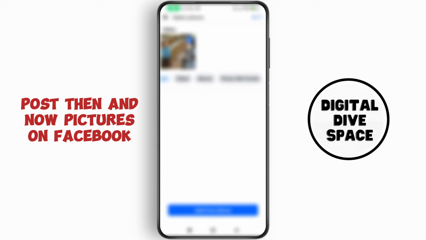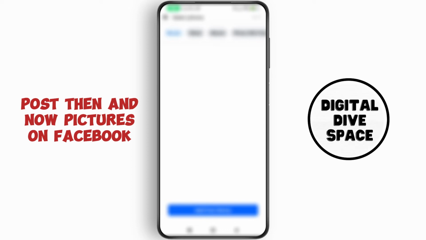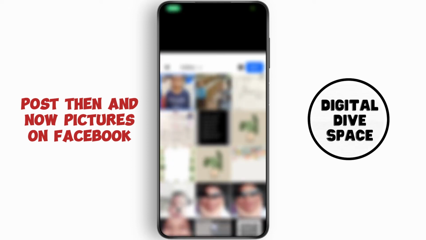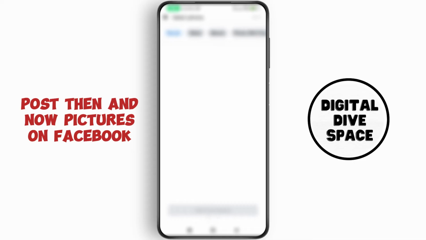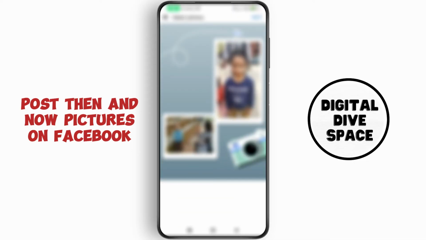After that, tap on next again and now tap on the add recent photo. I'm going to add from device again and then tap on next, then tap on next again, and here we have then and now pictures. Now we just have to tap on next